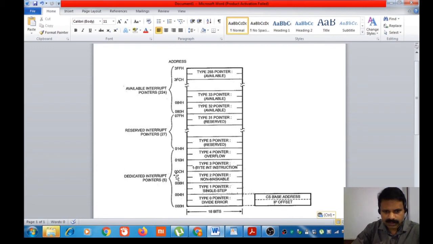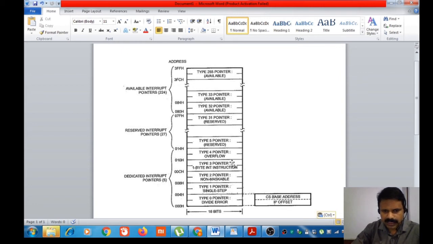You can see here 0000C is the address of the first word. Then plus 2 you are getting D and next E. So 0000E is the address of the word where we have stored the CS content.